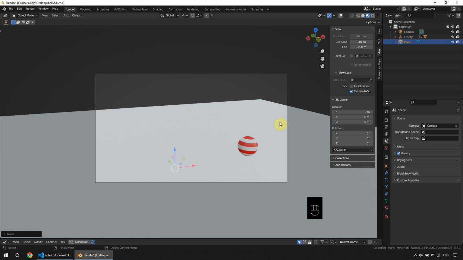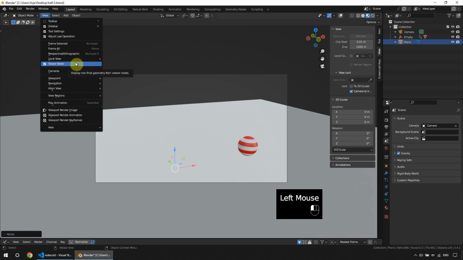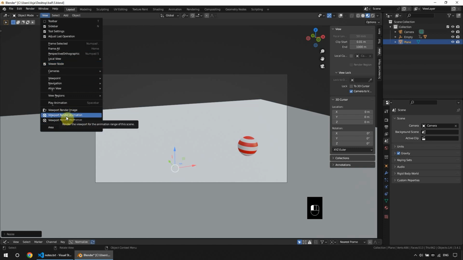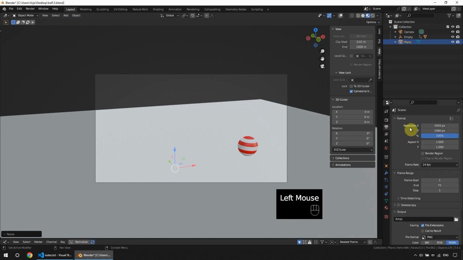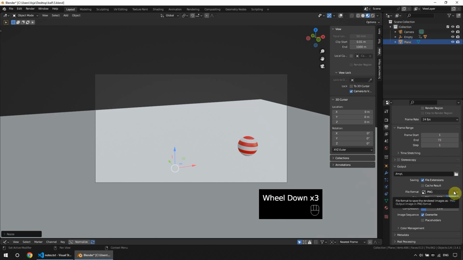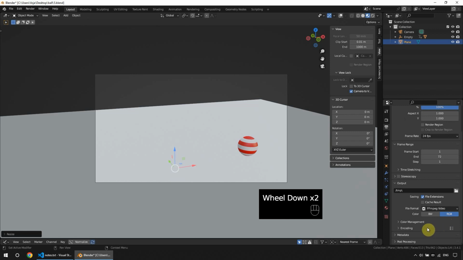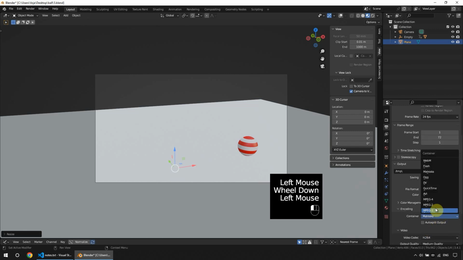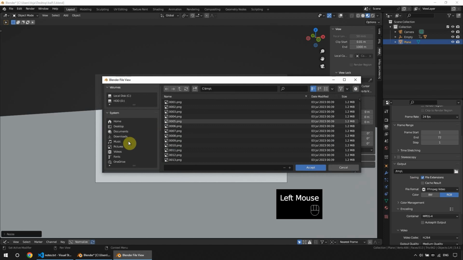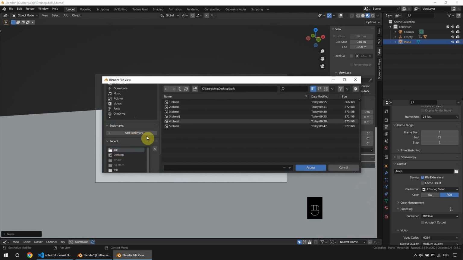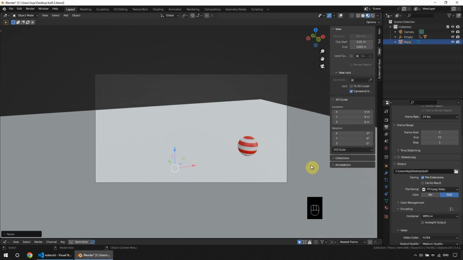Okay, so what I will do is, instead of going here to render and render animation, I'm gonna go to view here and viewport render animation. Okay, but before that, let me go to output properties here and change the file format to FFmpeg video, and let's see, encoding to MPEG-4, and this output folder for me is gonna be this ball folder that I have for this project. Okay,